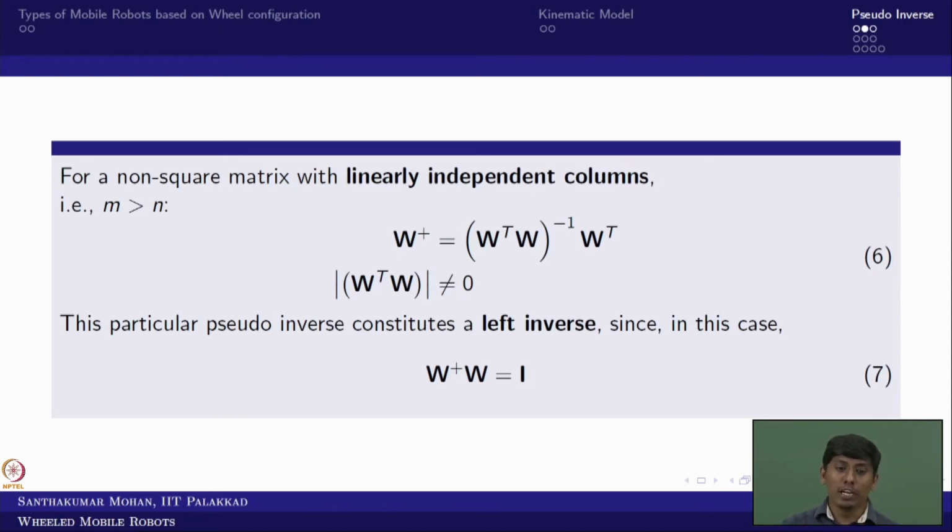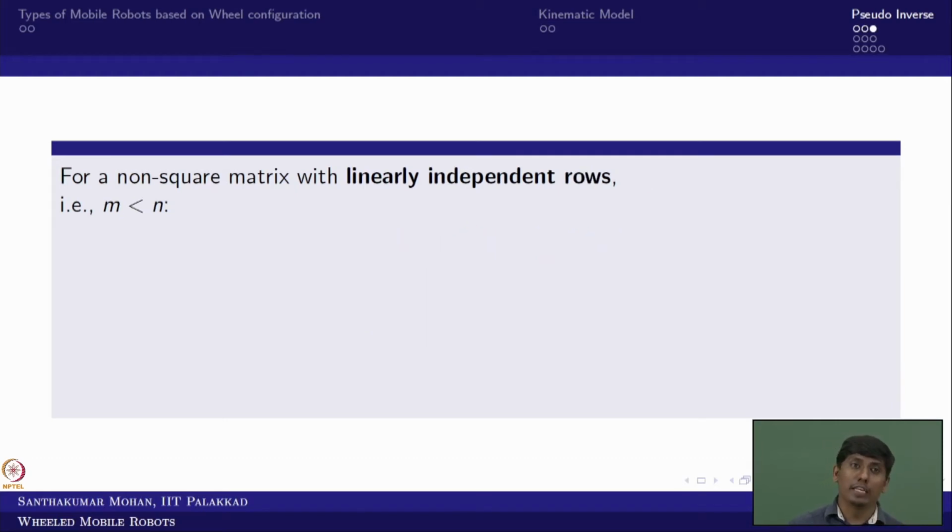Similarly, if it is the other way around, non-square, where M is less than N, for example, take a Mecanum wheel, 4 Mecanum wheel drive. Here N would be omega 1 to omega 4, so N is 4, but you have UVR, in the sense 3. So 3 is less than 4, and the non-square matrix exists.